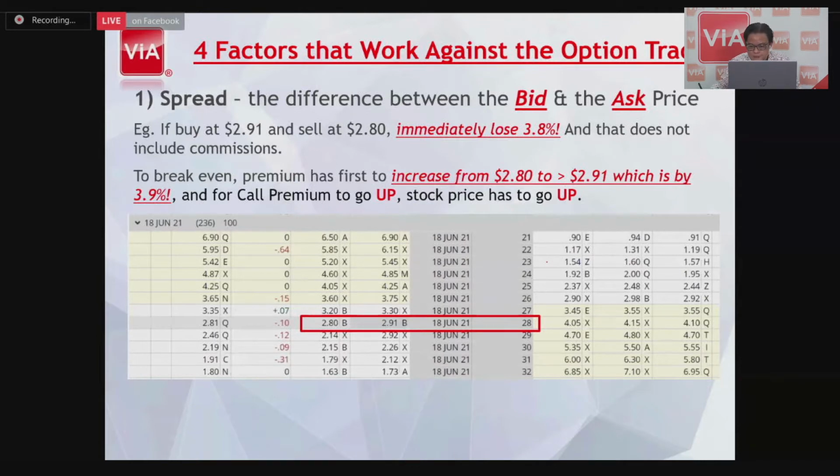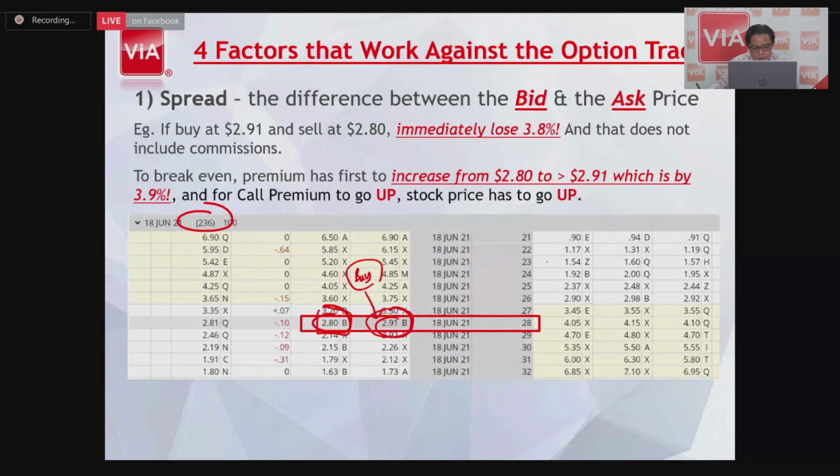Now, let's go back to this bearish call, right? Some people teach long-term call. Do you see there's a spread over here? Later on, when I log into the TD Ameritrade account and hover my mouse over here, automatically there will be a small word that says buy. So if you want to buy options and you try to type in 2.8, it will not work. Your order will be filled immediately when it's 2.91.